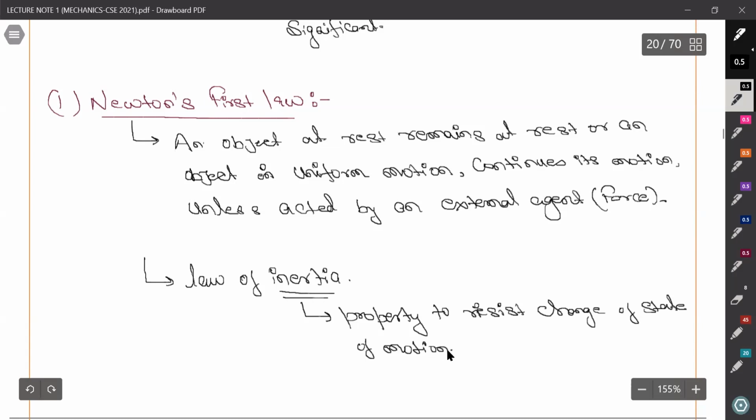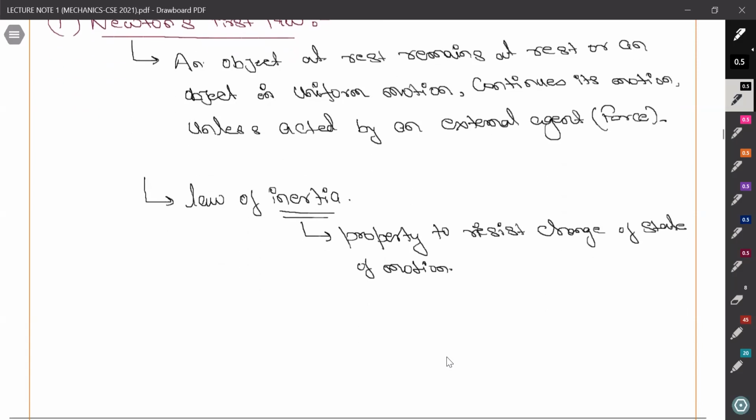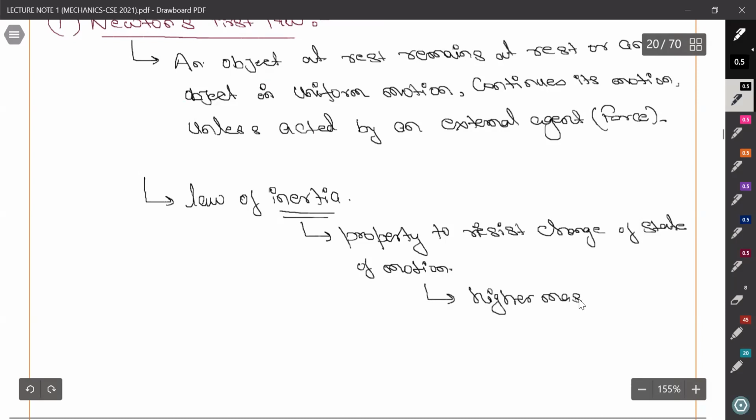So in lower classes also you have read about inertia, types of inertia, right? Inertia of rest, inertia of motion, inertia of direction. Many times we say that we are sitting in a bus, and as soon as the bus applies the brake, we fall forward, right? Whenever we sit on a bike, when the bike starts, we tilt backward. So all of these things are because of inertia, and it is also called the law of inertia. For now, inertia is what? It is the property to resist the change in state of motion. Higher the mass, higher will be inertia, right? Higher mass, higher inertia.